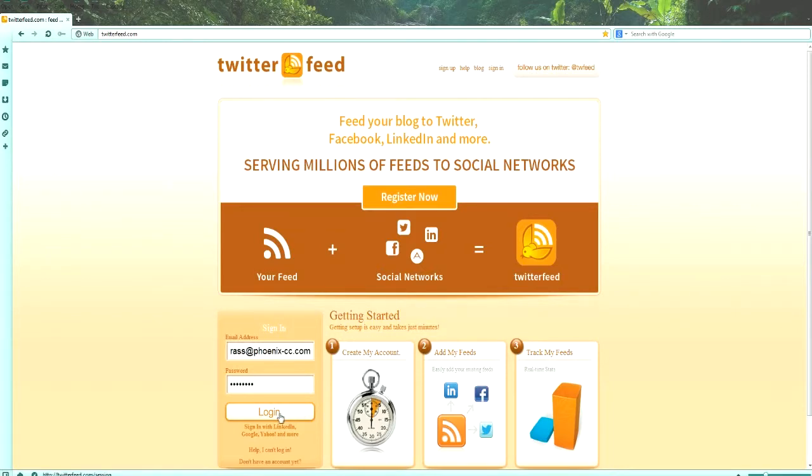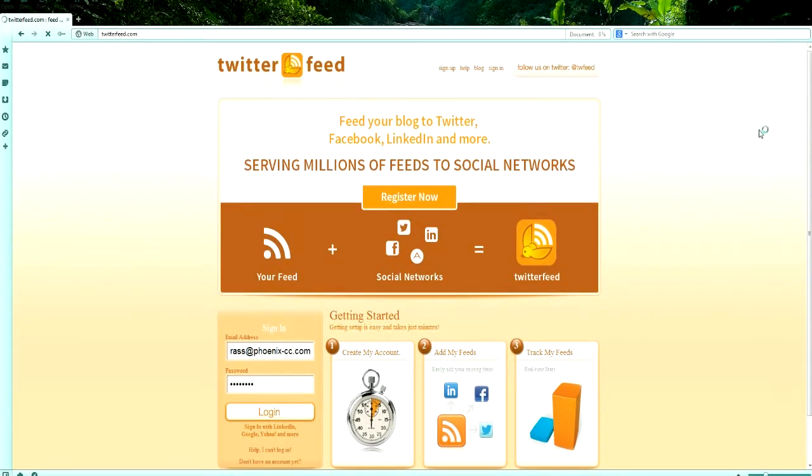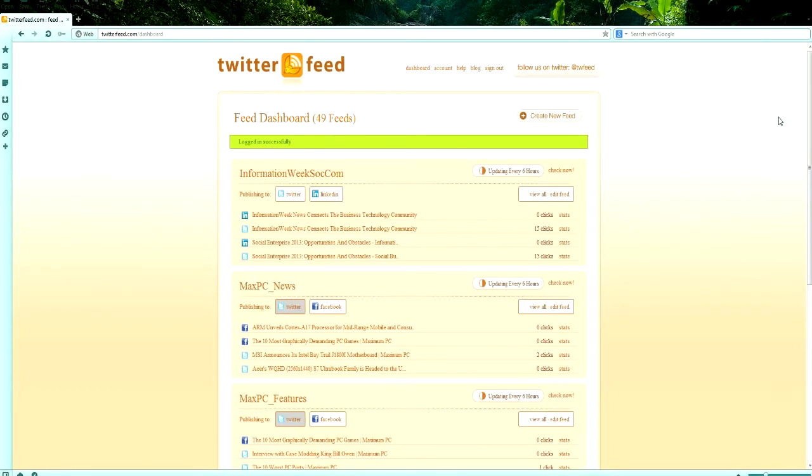And now that I've logged in, I'm going to want to click in, and that's going to take me to my Twitter feed dashboard. And unfortunately, Twitter feed can run very slow, so keep that in mind. All right. So as you can see here, I'm at my feed dashboard, and I have quite a few feeds, and they're listed here. For our purpose, what we want to do is create a new feed. So I'm going to click on the Create New Feed button,